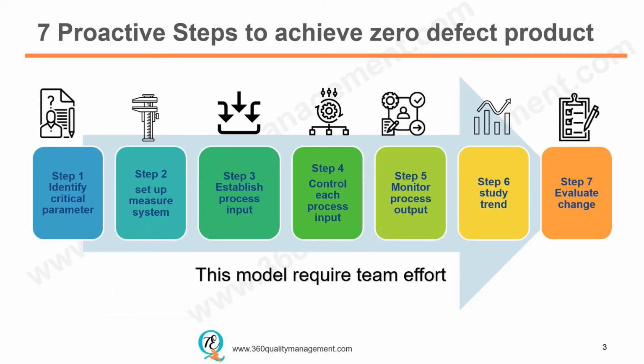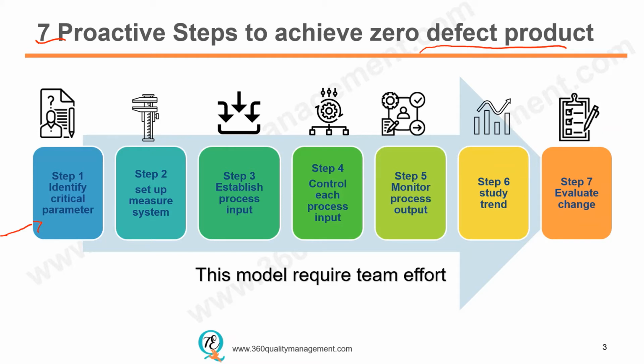I shall walk you through a 7-step process which I have created based on my experience to bring you nearer towards defect-free products proactively. A capable engineering team should be able to drive a cross-functional team to follow a systematic approach in achieving good quality products. So step 1 will start from identifying critical parameters according to the